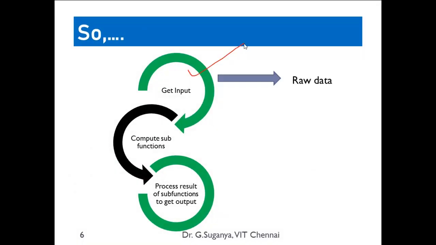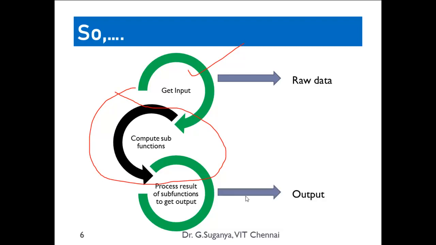Inputs are nothing but your raw data, which is taken directly from the data set. What is the expected output? We don't want anything running in between. The end user is not interested in understanding how it is being processed internally. What we require is nothing but the output, right? Raw data is given as the input from the data set. Output is what we require from the system.